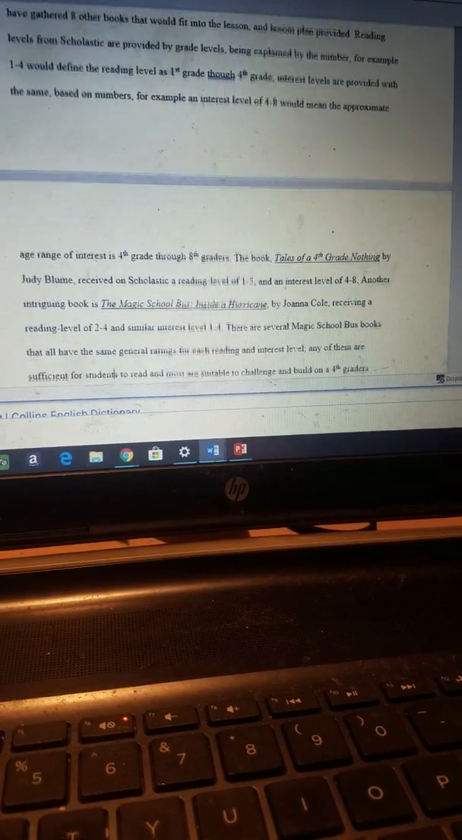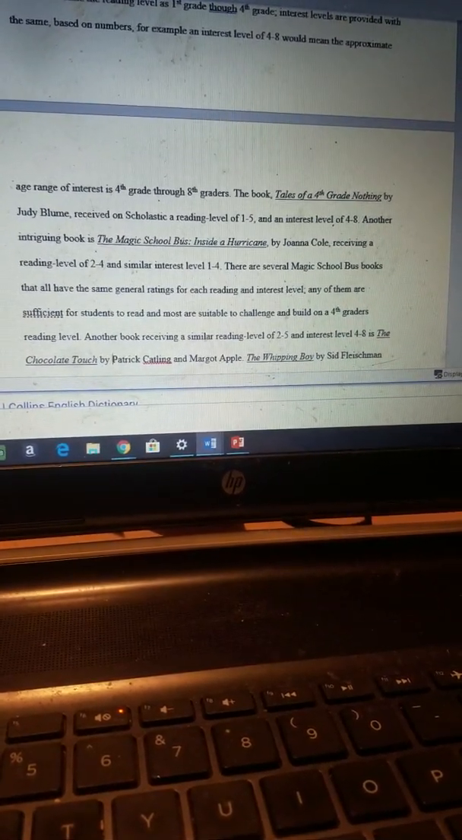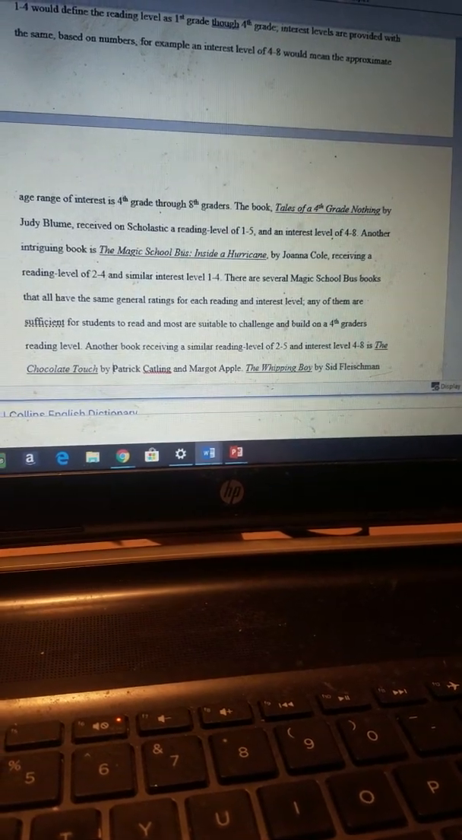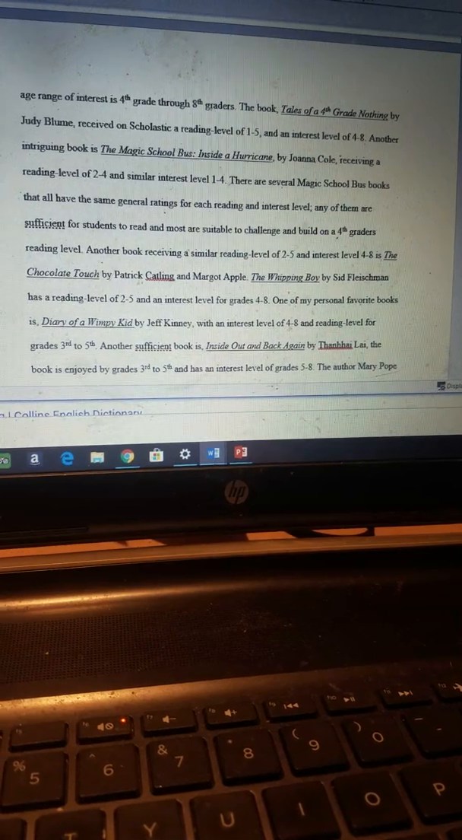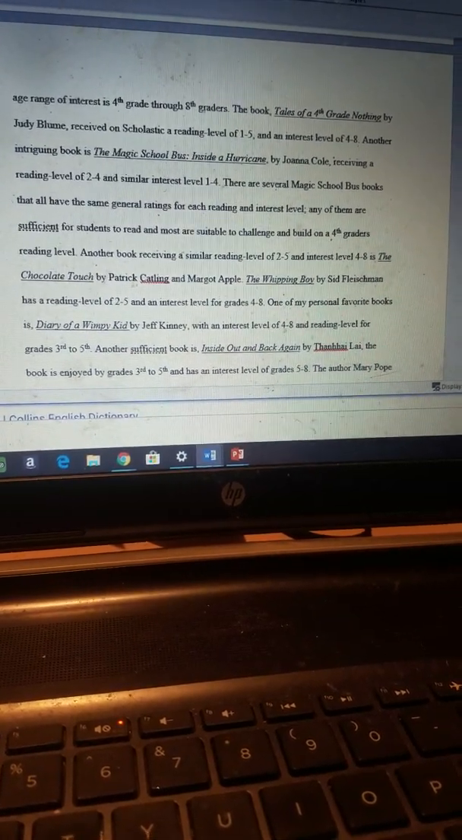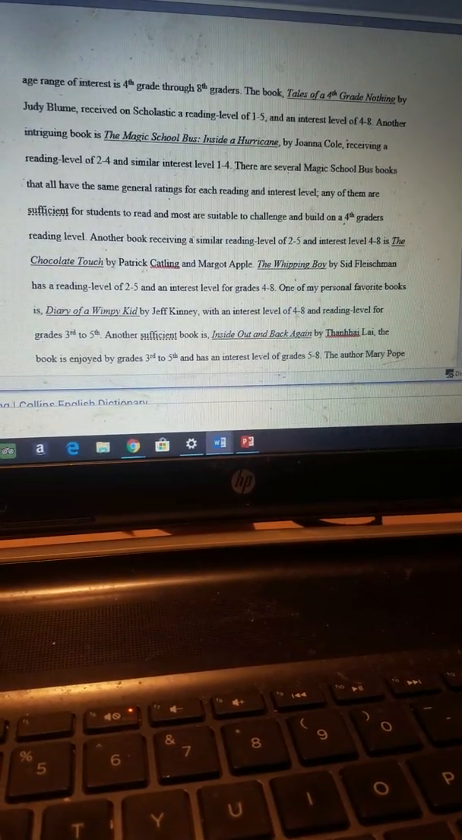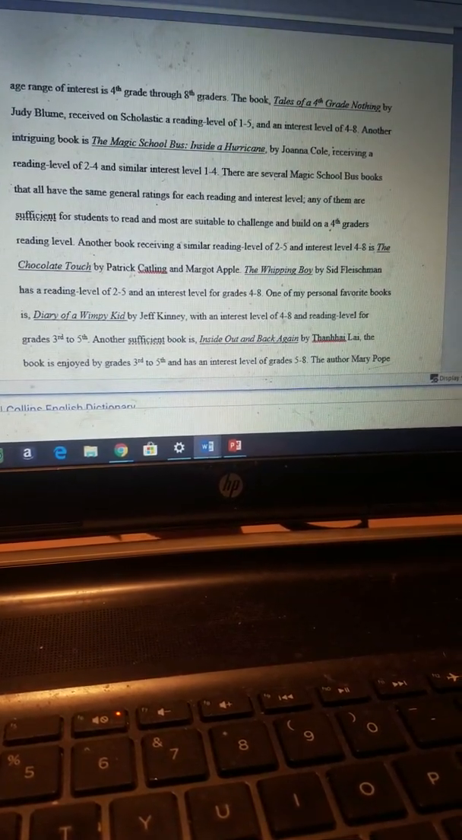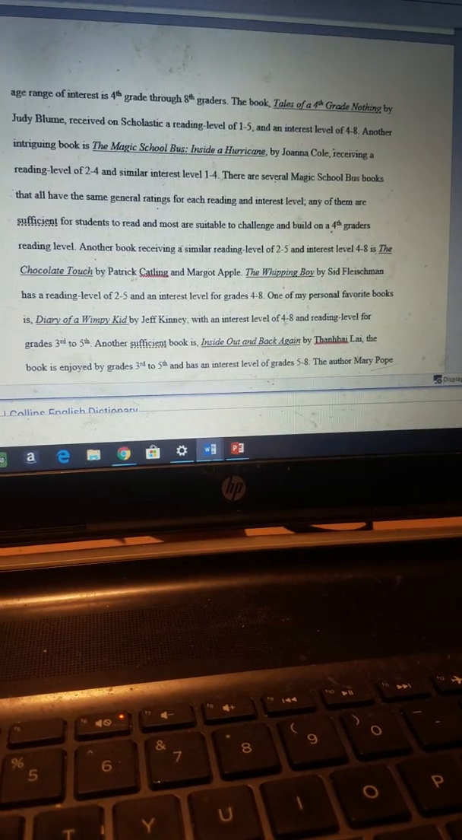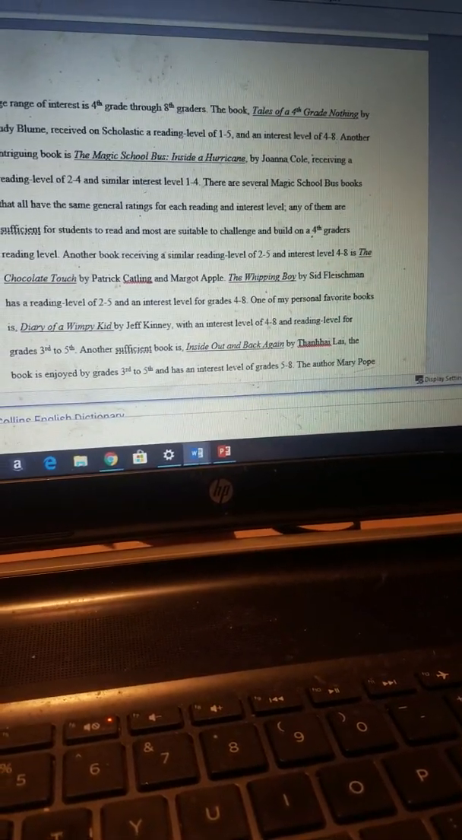8th grade. The book Tales of a 4th Grade Nothing by Judy Blume received on Scholastic a reading level of 1 through 5 and an interest level of 4 through 8. Another intriguing book is The Magic School Bus Inside a Hurricane by Joanna Cole, receiving a reading level of 2 through 4 and a similar interest level of 1 through 4. There are several Magic School Bus books that have all the same general ratings for each reading and interest level. Any of them are sufficient for students to read, and most are suitable to challenge and build on a 4th